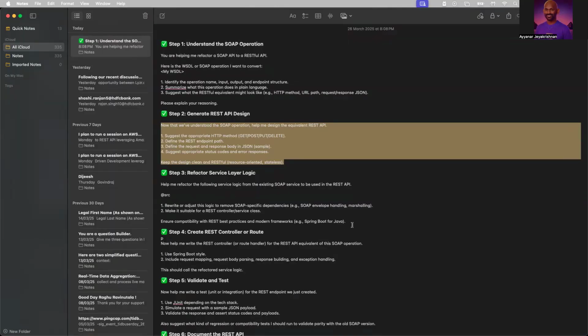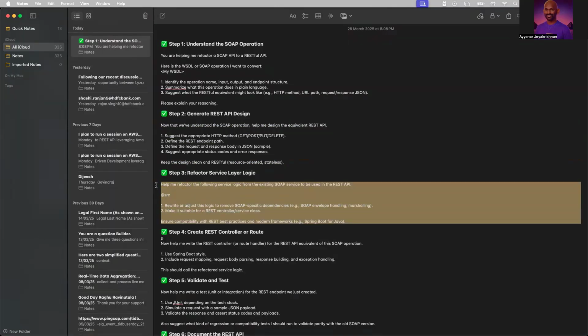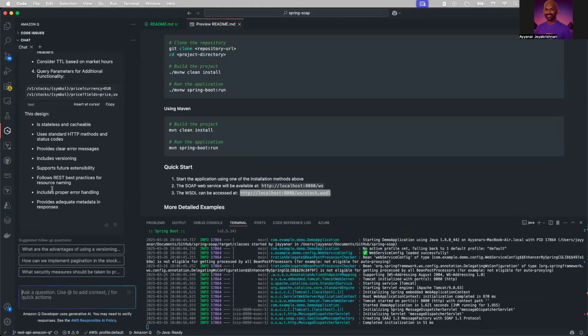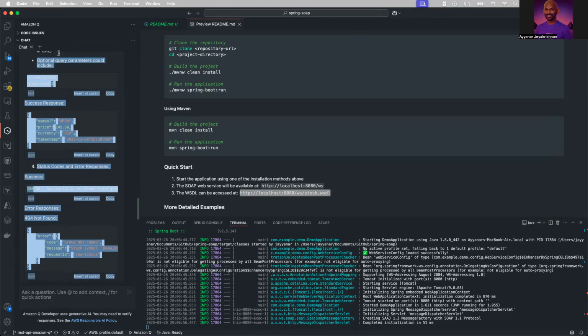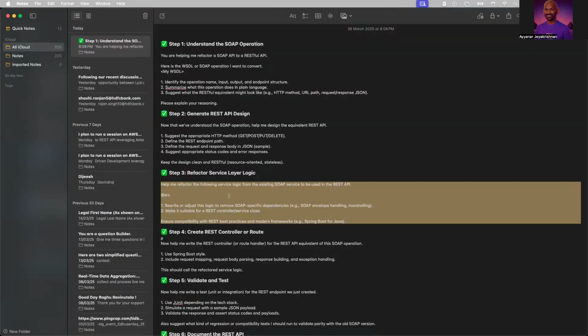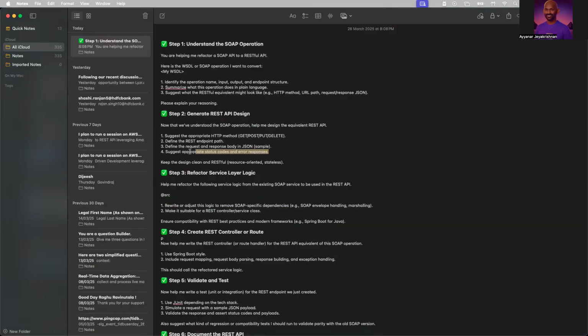Now I'm going to refactor. Okay. Help me refactor this service logic. Okay. If you see, this is a design. It's stateless and cacheable, and it is using HTTP methods. And if you look at it, it will give you all the test cases, whatever we asked as part of our activity. This is what we suggest, the appropriate status code and error response,